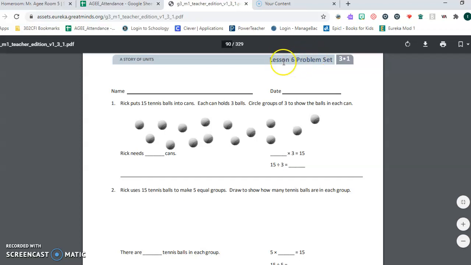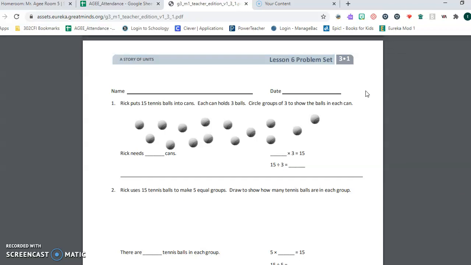So this is the section that you're looking for right here, the Lesson 6 problem set. This is the end of our intro to division. It's 3 lessons long, and we'll continue to practice division as we go all year long, really. So let's get used to the terminology and the kind of thinking that we have to do to recognize when